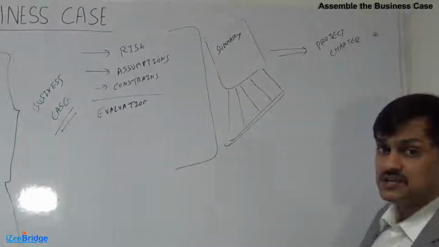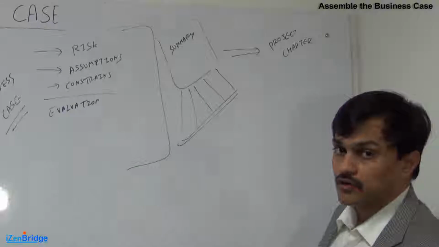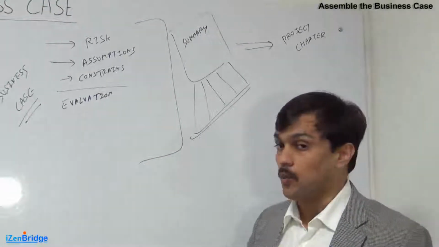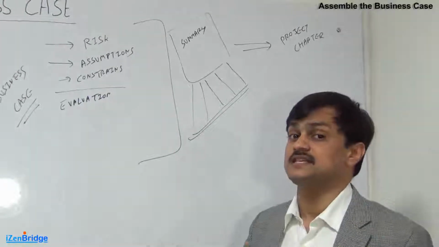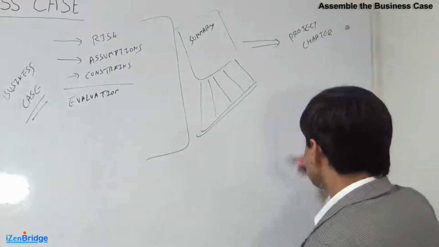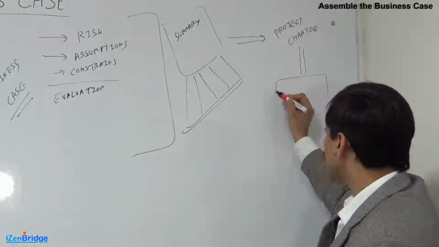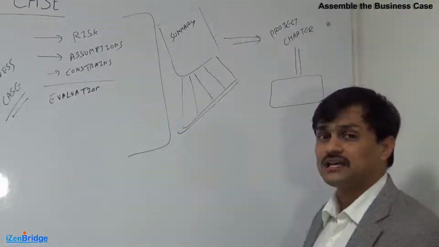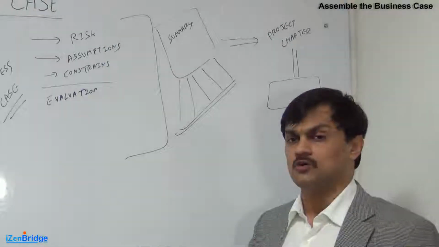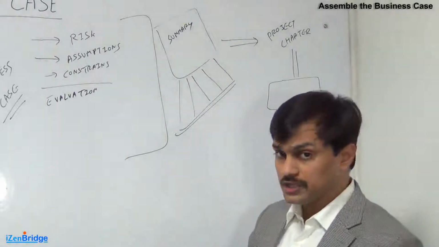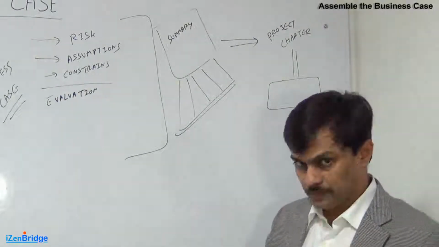So when a project manager gets an approval or authorization for a project, you should look at why I'm doing it. What is the business case behind it? Now, this project charter and this particular business case is not only a one-time static document. It's not like we have started the project, now we don't have to look back to the business case because the project is already ongoing. This approach we should not be taking.